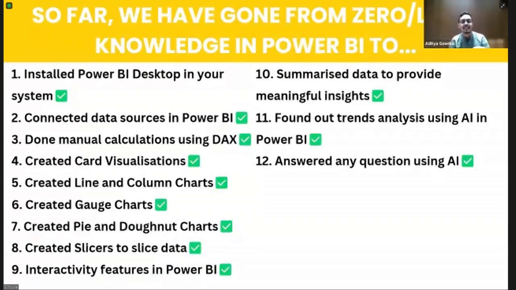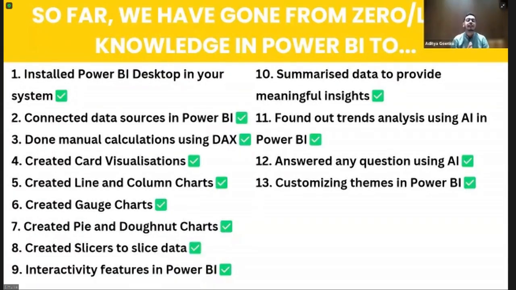Then we learned how to answer any sort of question inside Power BI. We also learned how to customize our themes inside Power BI. All of this we did in the last couple of hours. How many of you feel that in approximately the last 1.5 hours, we have been able to do all of this? Yes. Whatever is written on the screen, we have learned everything so far.